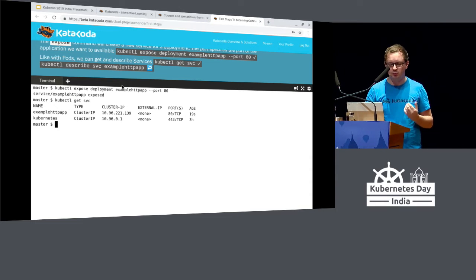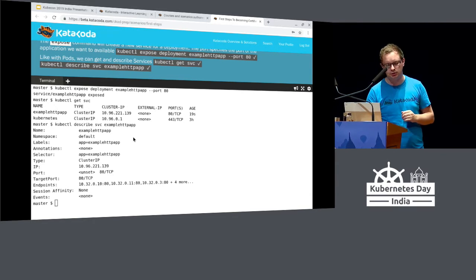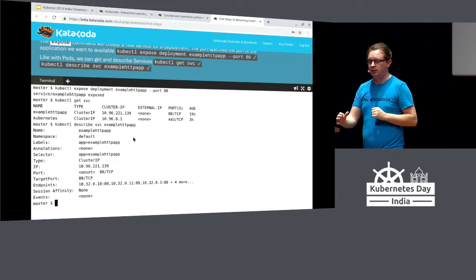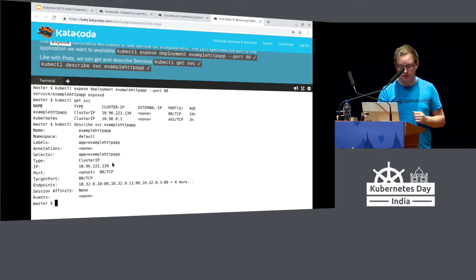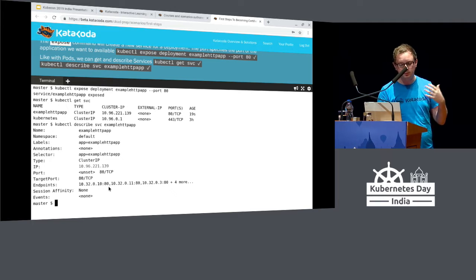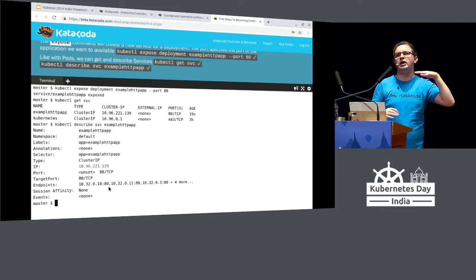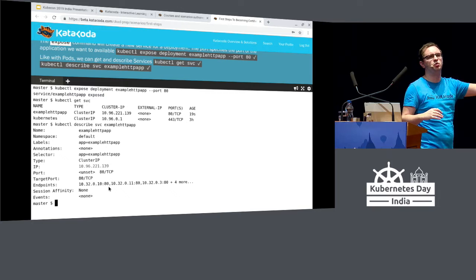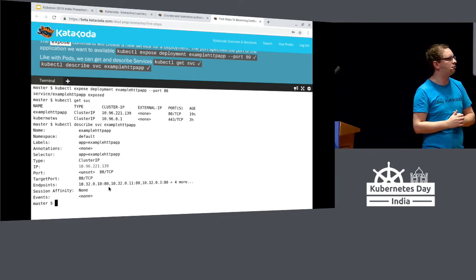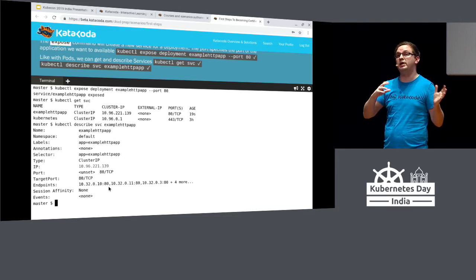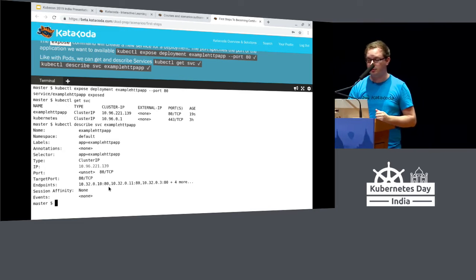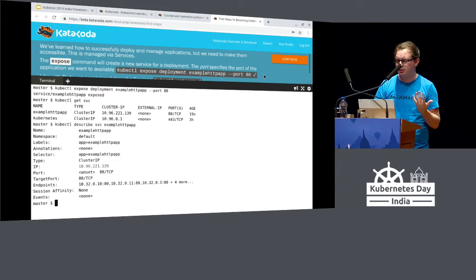And again, if we wanted some more information, we could describe that resource. We could describe what was happening and what does Kubernetes know. And so we can see that a resource service is available. It's got the IP address. And then we have the endpoints. All of the endpoints, all of the pods that Kubernetes will be sending traffic towards that's coming in on this service object, this service resource. And so we can make sure that Kubernetes has correctly detected everything and correctly linked up our service to our deployment. But how does Kubernetes know?